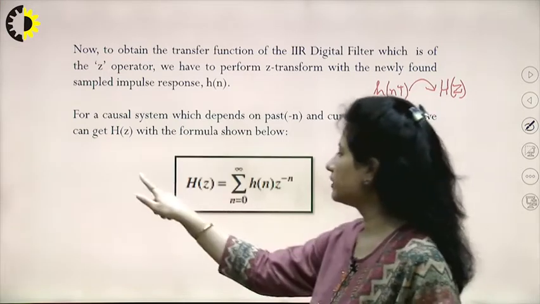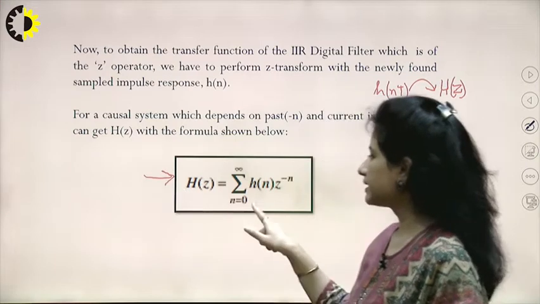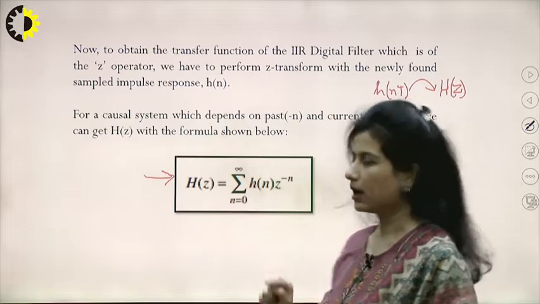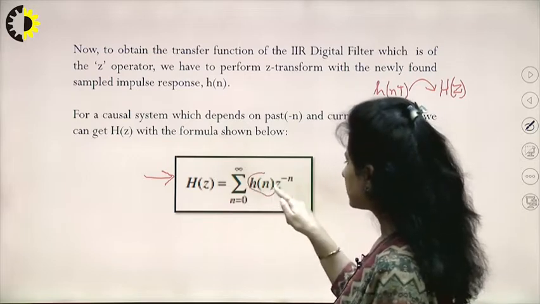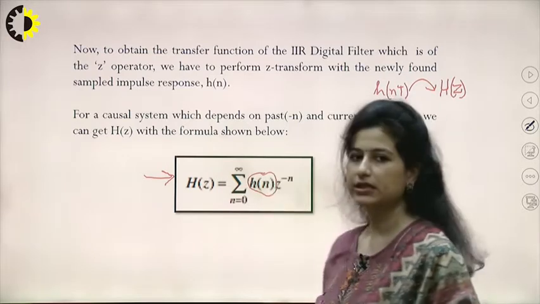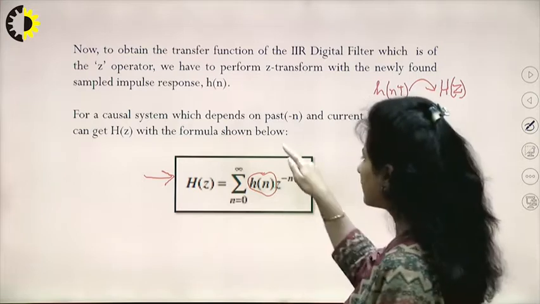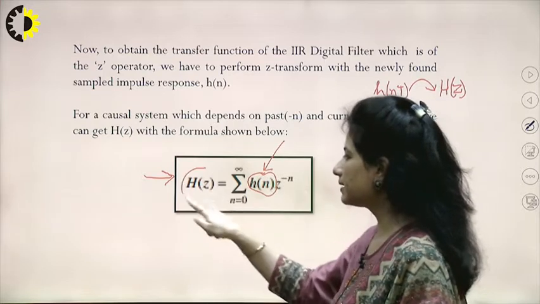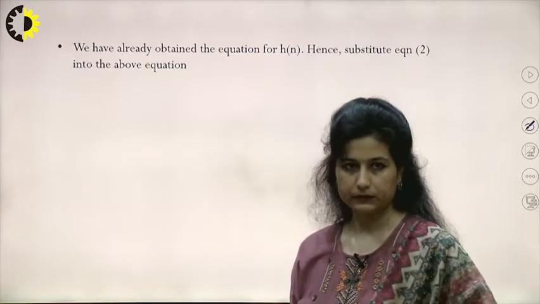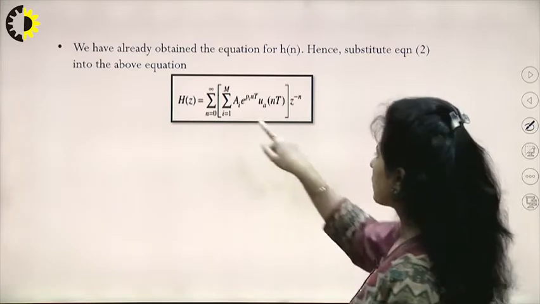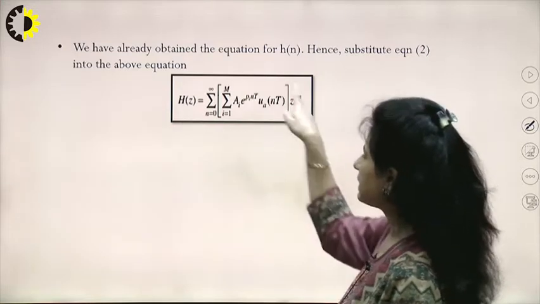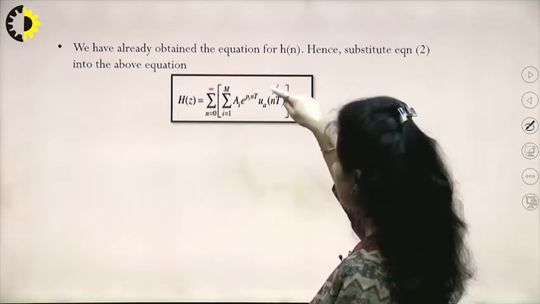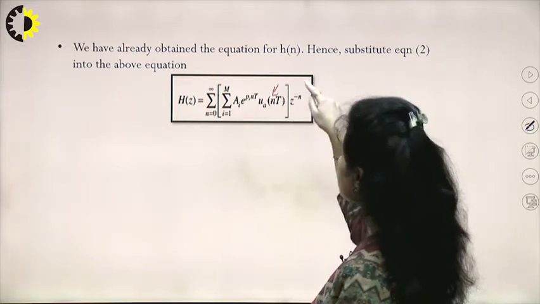So this is how we use the one-sided Z transform from 0 to infinity, h(n) z raised to the power minus n. This h(n) is nothing but the sampled response that we have just created in the previous slide. So we have to substitute that equation here, and we would get my desired H(z). Looking over here, this is a response which is completely representing my digital system, where I have this discretized variable along with this z variable.